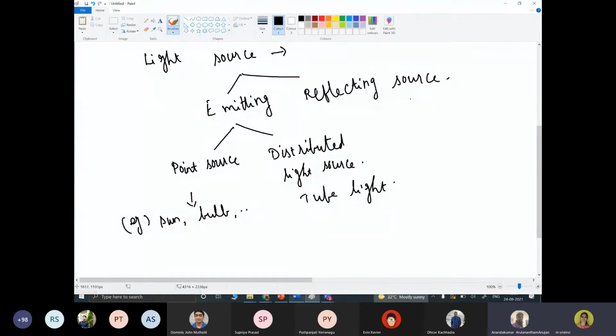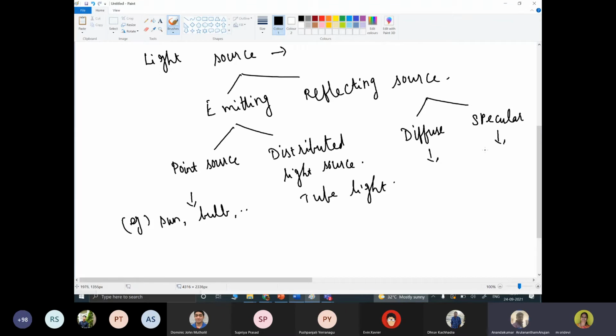In the case of a light reflecting source, it's again divided into two. One is diffuse, another one is specular reflecting source. In diffuse, the light reflects evenly in all directions.